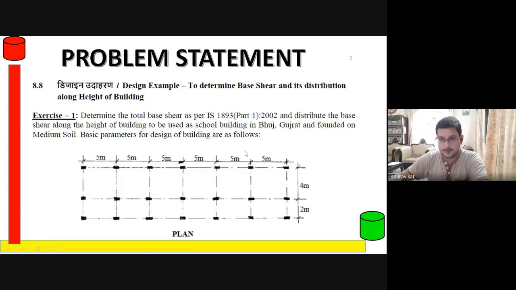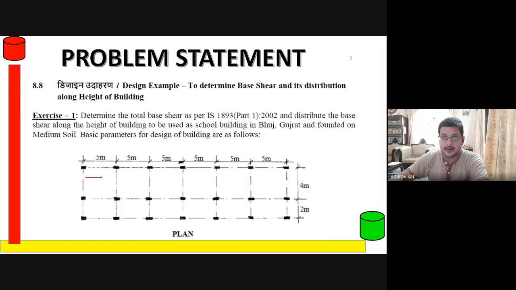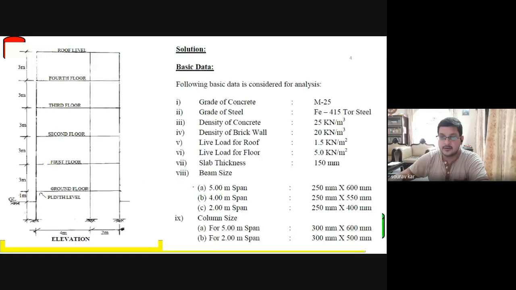This is the plan of the multi-story structure located in Bhuj, and these are the various cross sections of beams. Along this 5 meter span, the cross section of beam was 250 by 600 mm. This we had taken earlier.